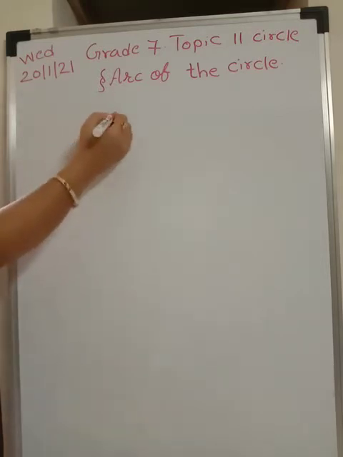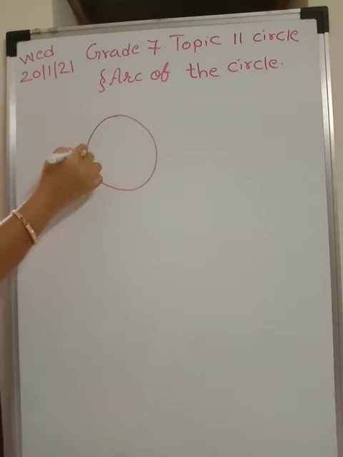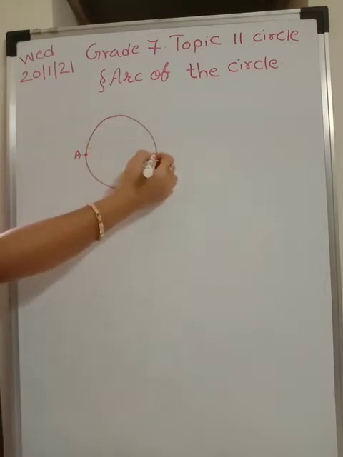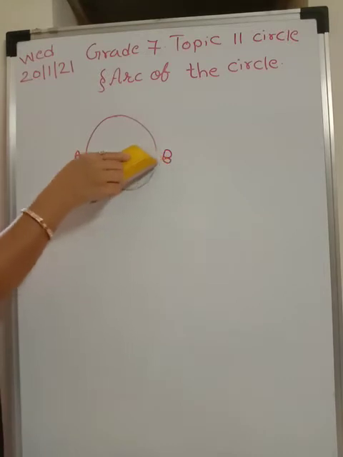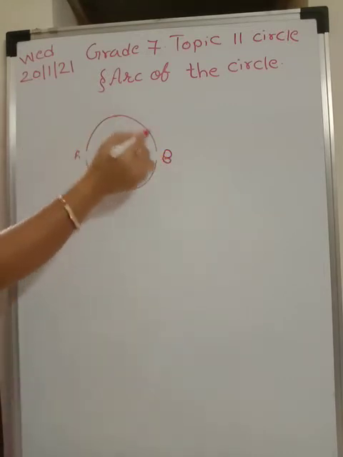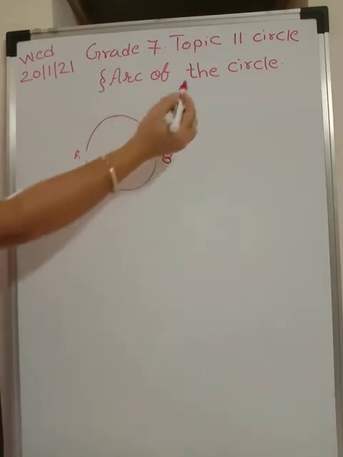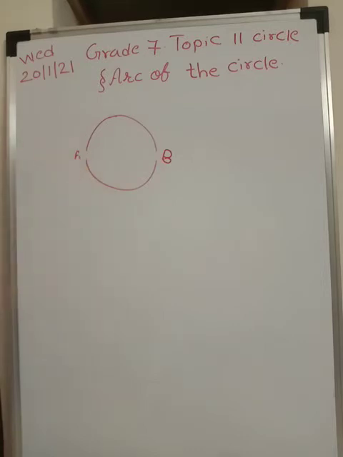Consider, for example, a bangle like this, a plastic bangle, okay? And here there are 2 points A and B. What if I break this bangle through these 2 points? I can very well break this bangle like this. If I break it through these 2 points, I'm going to have a cut like this. Then what is this part and what is this part called is nothing but arc. This is one arc of a circle and this is another arc of a circle.